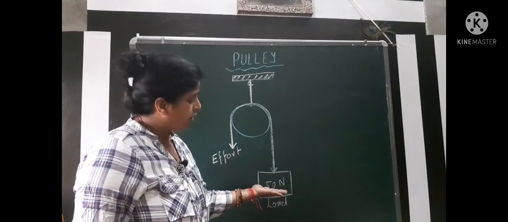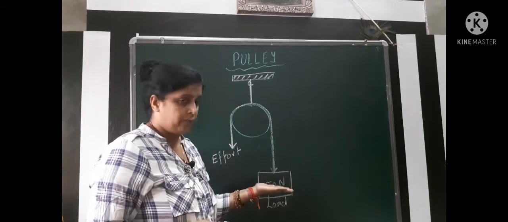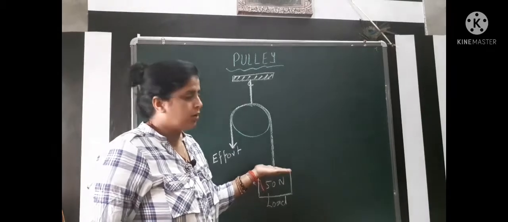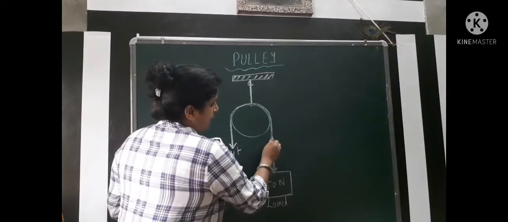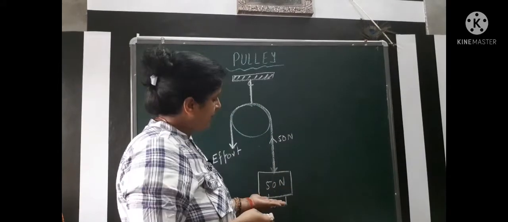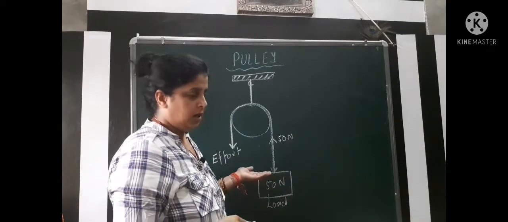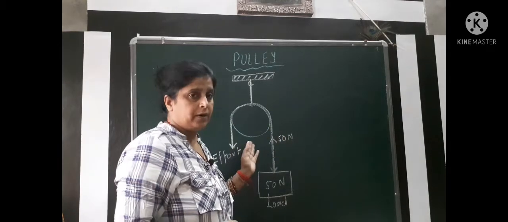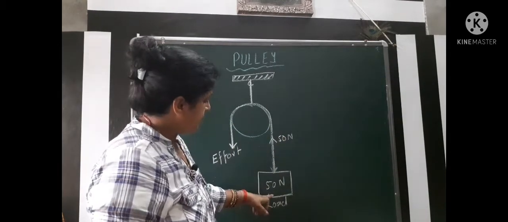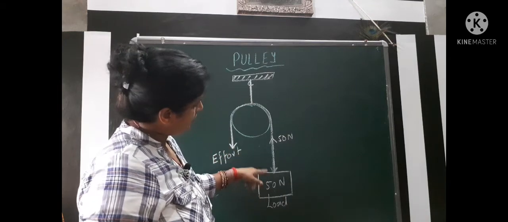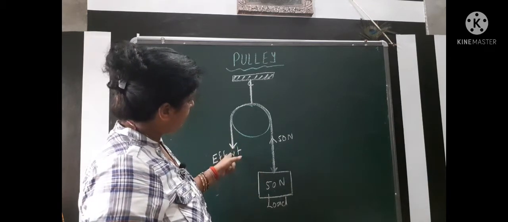As I have just explained, to lift 50 Newton weight we need at least an equal force to hold it up. It means we have to apply 50 Newton force upward so that we can at least hold it. If we apply more than 50 Newton, it easily moves upward. Its weight is 50 Newton working downward, and a person tries to lift it with the help of the pulley.